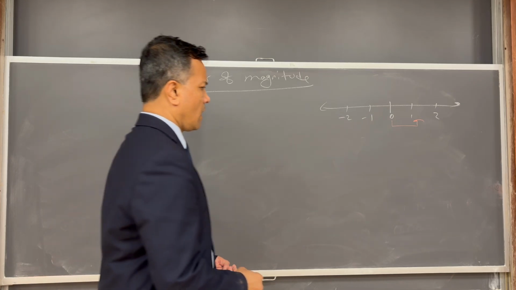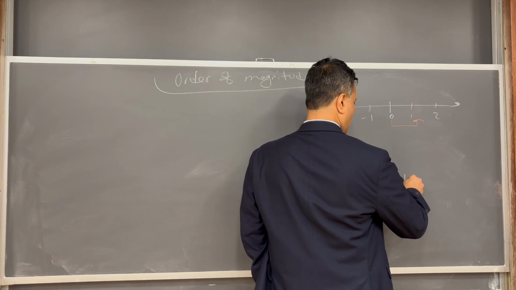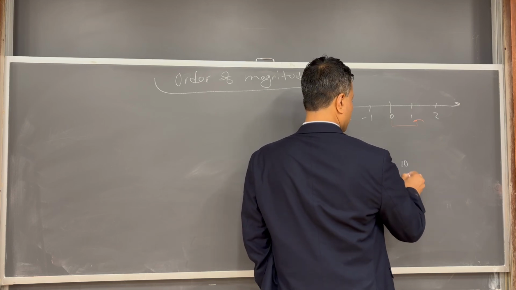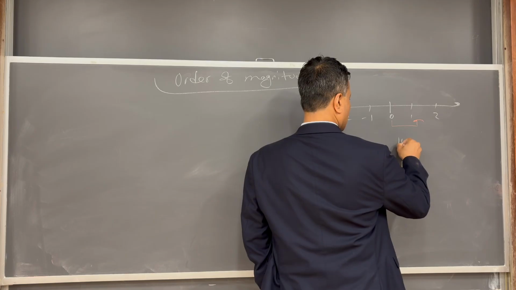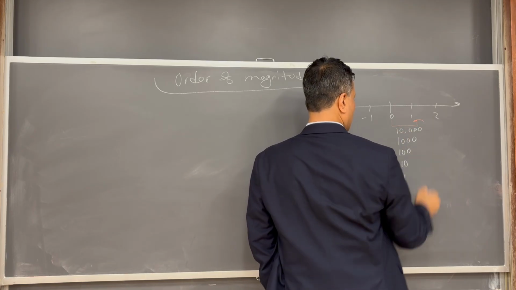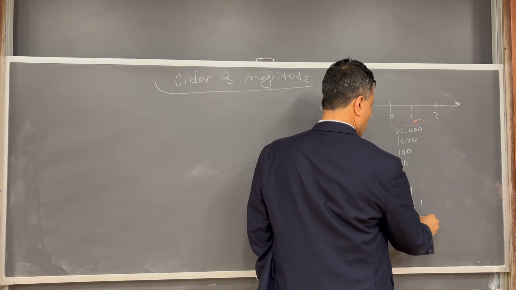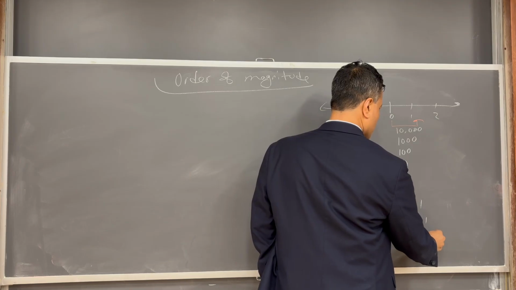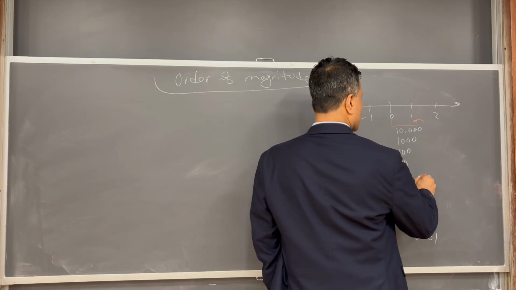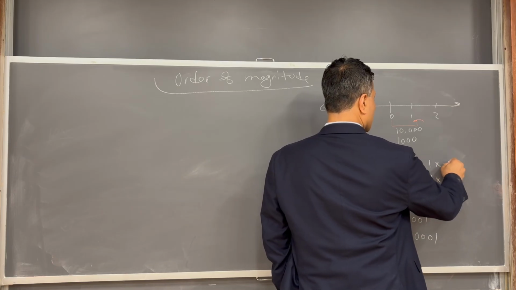But if I have 1, 10, 100, 1000, 10,000, 0.1, 0.01, 0.001, 0.0001. Of course, I can write this one as 1 times 10 raised to 0, 1 times 10 raised to 1,